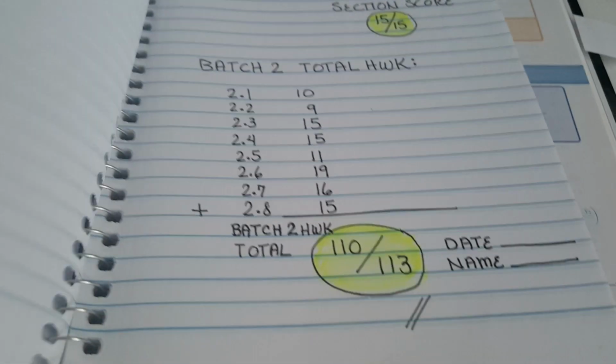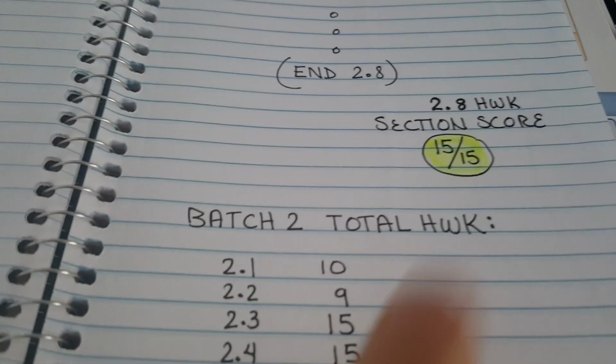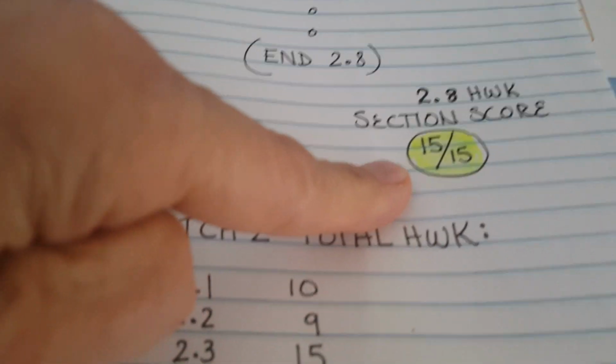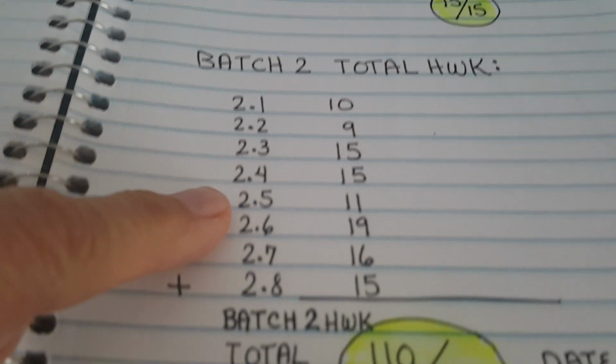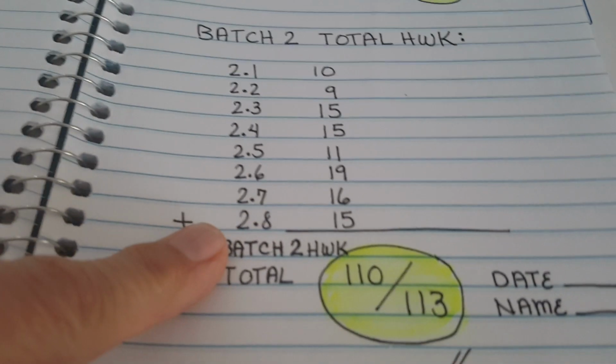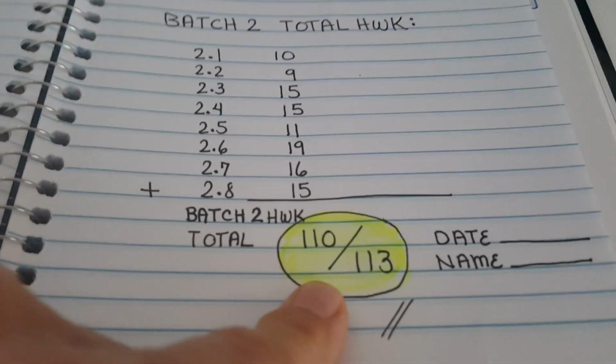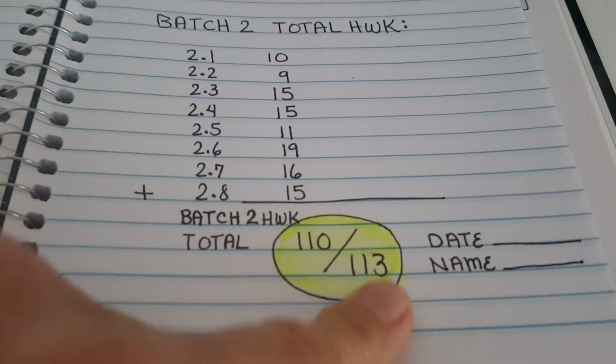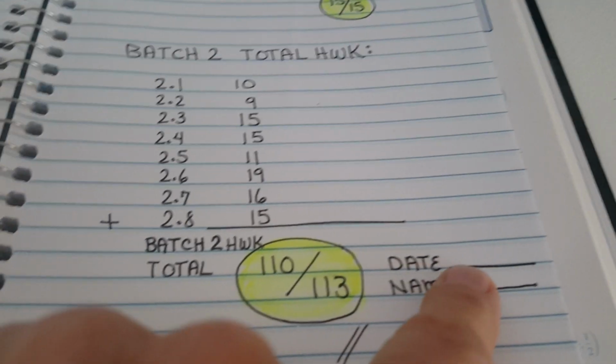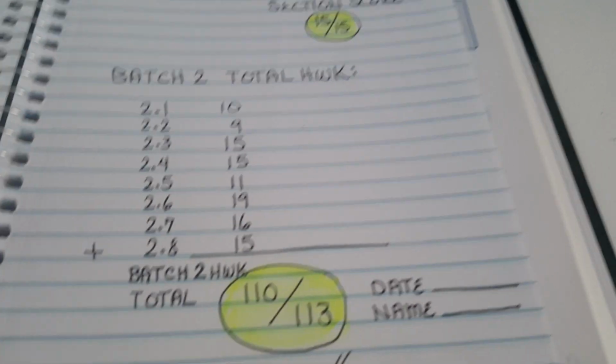Now for the back pages, you do the same thing for the homework exercises. You've been totaling them up all along, putting a subtotal at the end of each section. So you're going to list all the ones that you did correct from each section at the very end of the last problem and get the total 110 problems out of a total of 113, the date of exam 2 and your name. And you're turning in that notebook on the day of the